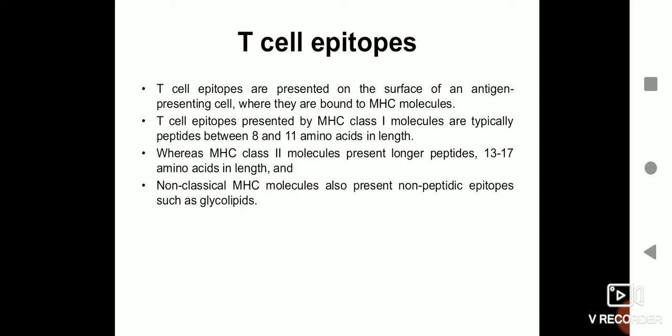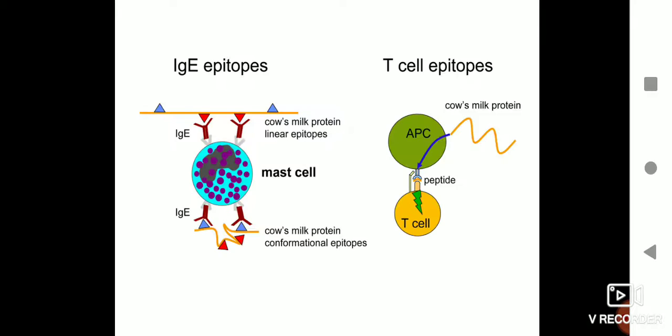Now those which are presented by class 1 molecules are usually around 8 to 11 amino acids long, whereas those epitopes which are presented by class 2 molecules can be approximately 13 to 17 amino acids long, right? So you can see here, class 2 MHC molecules are expressed by antigen presenting cells, and these can present much longer